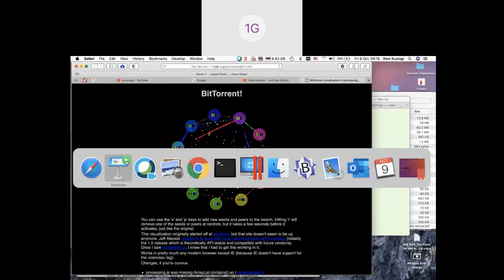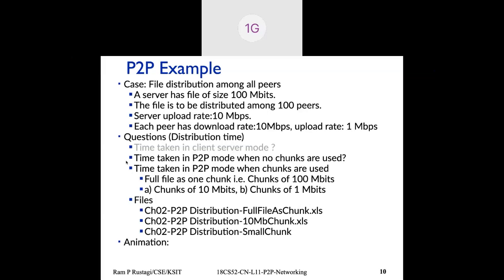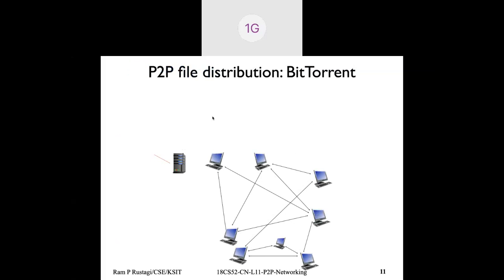So let's look at the way BitTorrent typically works. We told you the concept and the time taken. We have not discussed the strategy, how to get chunk one from there and chunk two from there, but conceptually look at it, and that's what you could probably implement as an assignment as well. So consider a group of peers who want to exchange files, and the file could be divided into different chunks, depending on the file size. Chunk typical size is 256 kilobits, or it could be larger or smaller.